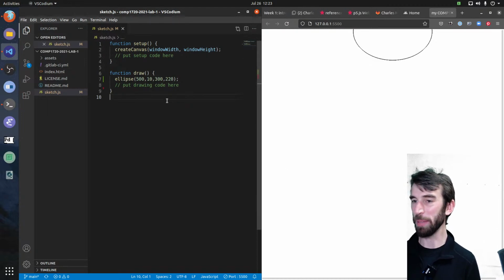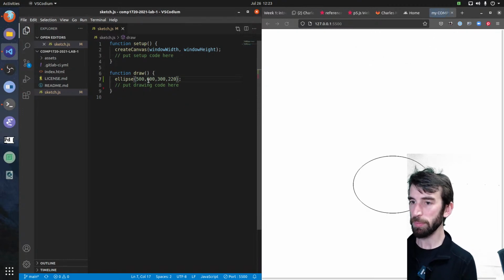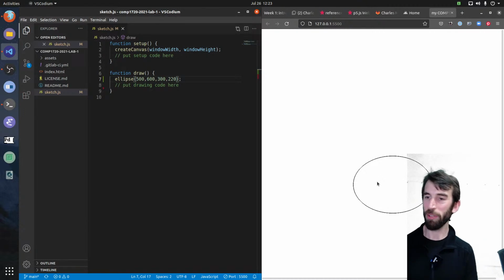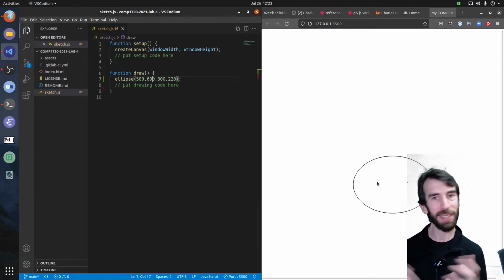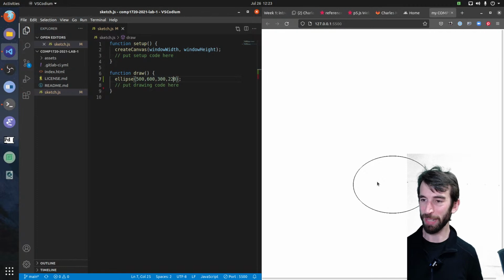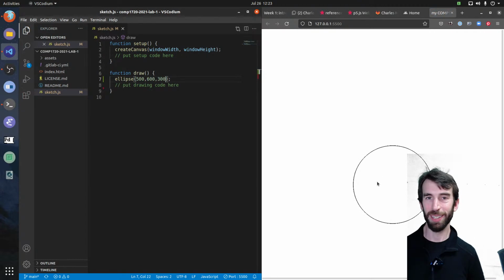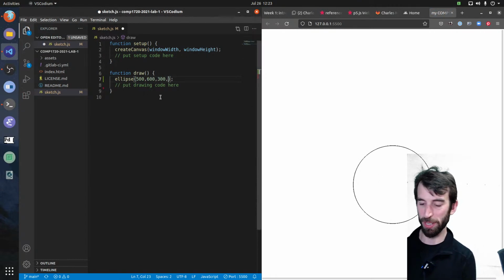I want it to come maybe 600 pixels down. Okay, now it's gone in that far and down a little bit further. So now we can see our circle. So far we've used the ellipse function and we've been playing around with the parameters to make it work. What about this 3-parameter version? I mentioned that before. Can we take away one of the parameters? Sure can. And we get a circle there. A perfect circle.